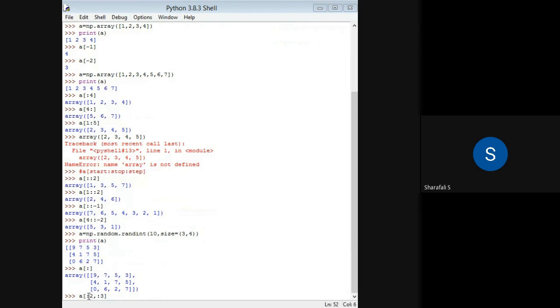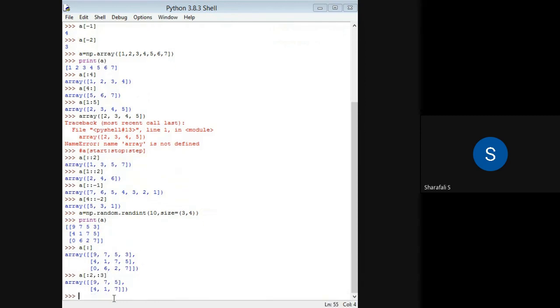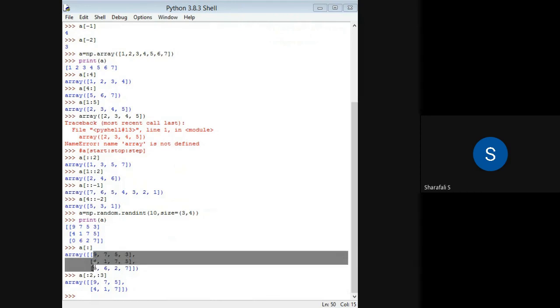So this is just starting from the beginning. I'm accessing first 2 rows, and here also I'm using first 3 columns. If I press enter, I will be getting first 2 rows. So I am accessing these 2 rows, first 2 rows, and first 3 columns. First 3 columns means this 3, 9, 4, 0, 7, 1, 6, and 5, 7. So I am accessing these 2 rows and these 3 columns. Whatever elements come in that will be shown. So this is 97541. So this is how we can access different elements.